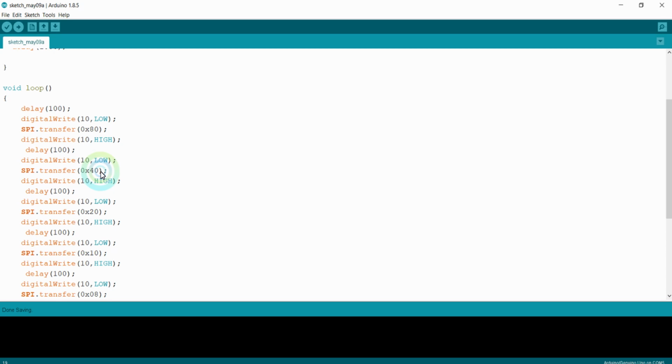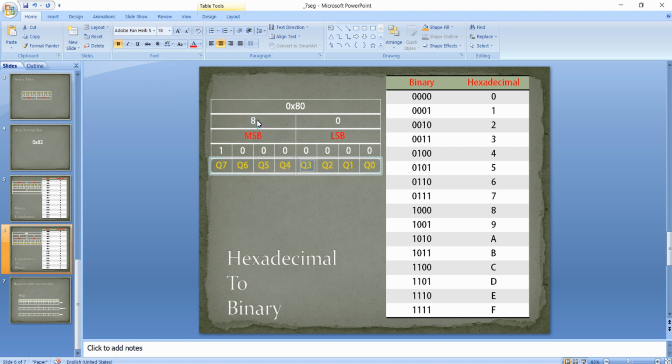And now secondly, we are just going to pass the data 0x40. So coming to the conversion, 0x40 is nothing but 01000000. So this time the Q6 output will be high and all the other outputs will be low.